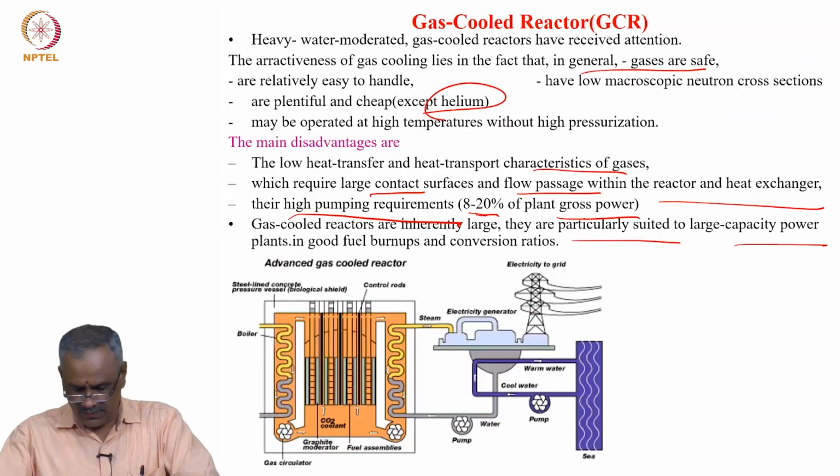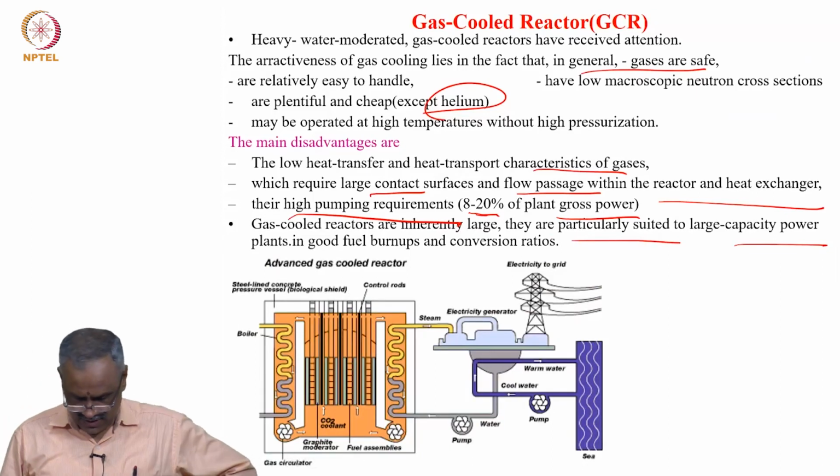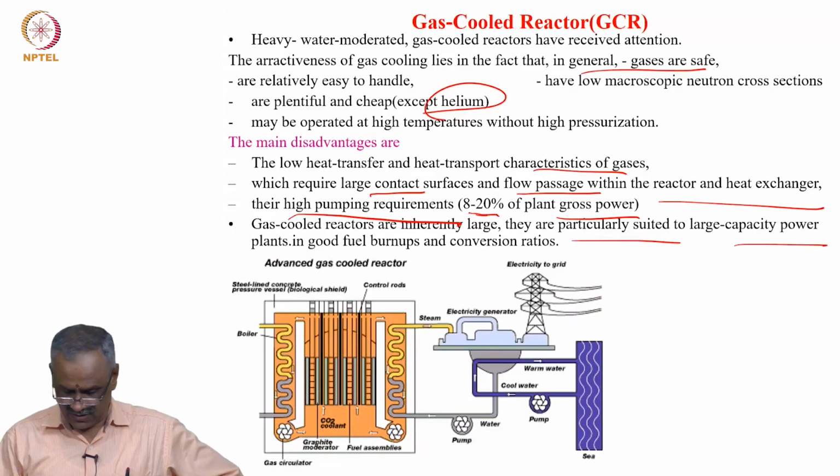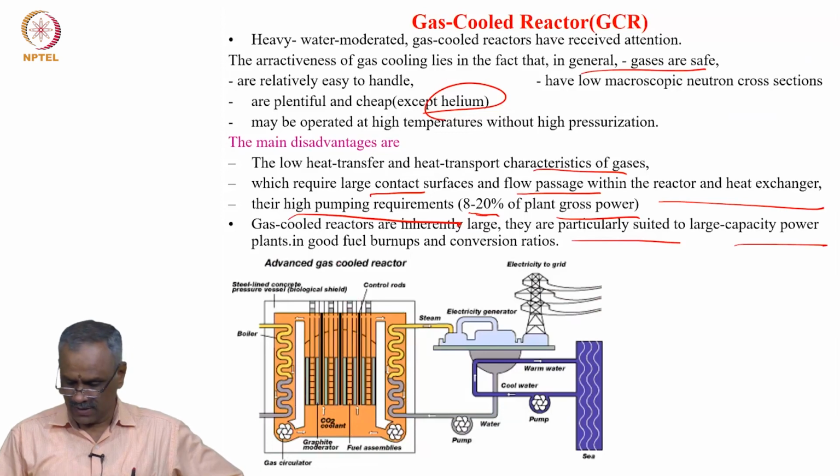So, look at the system here. This gas is the reactor with control rods. It is made of a steel-lined concrete pressure vessel, the entire thing, which is a biological shield. Then inside, the gas is circulated here, and the gas goes here. It is the periphery of that. You see, if you look at the cross section,